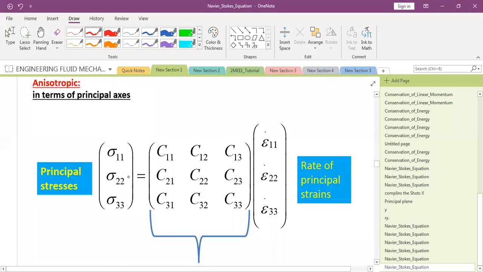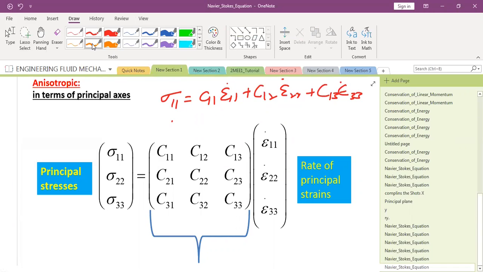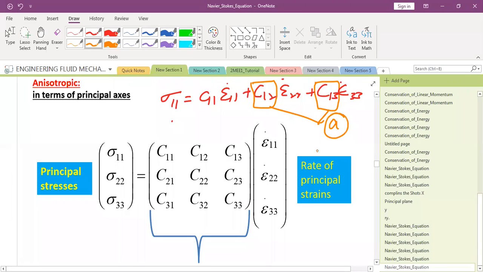So, I think everyone is clear with this concept. We started this yesterday, that is sigma 11 was equal to C11 epsilon 11 dot, likewise C12 epsilon 22 dot plus C13 epsilon 33 dot. And we understood that this C12 was equal to C13, and we assigned this another constant A, while C11 was termed as B. So we got sigma 11 as B epsilon 11 dot plus A